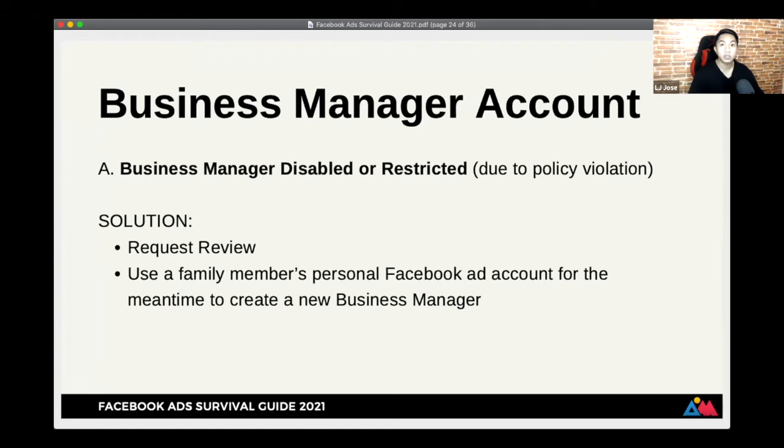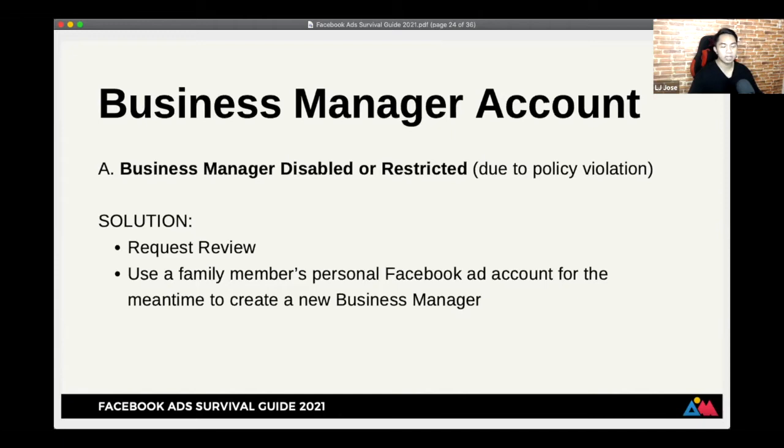Let me answer this question first. Sharing a Facebook pixel to or from business partners is risky and unsafe. It's okay, but if the business manager gets disabled, the pixel under it also gets disabled. So the pixel you shared to another business manager will be disabled too. Only the pixel, not the other business manager where you shared it.